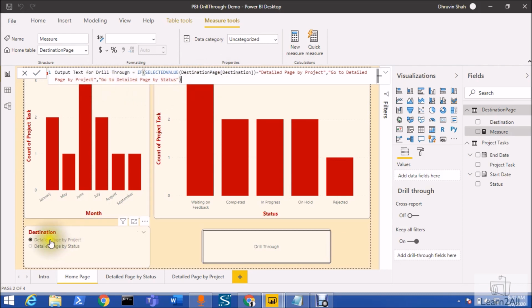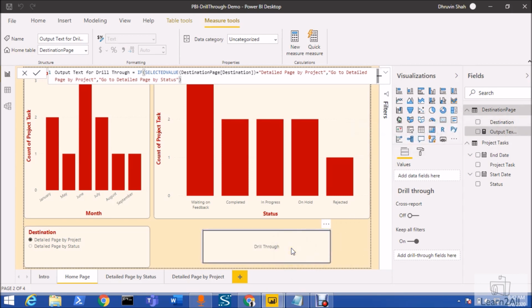So basically if I am selecting detailed page by project here, then my button text should be go to detailed page by project, otherwise go to detailed page by status, right? So this is one measure that we need to develop. Just hit enter. My measure has been created.